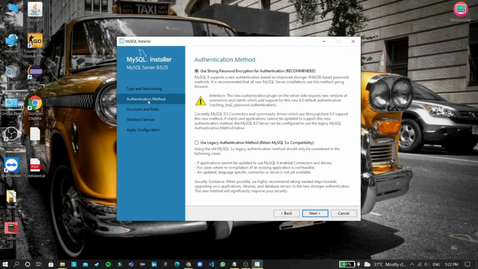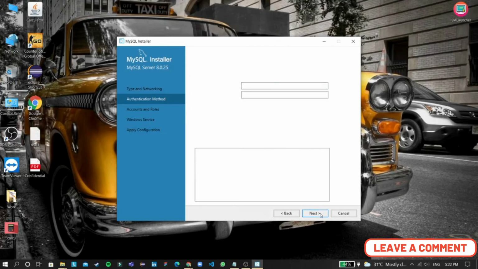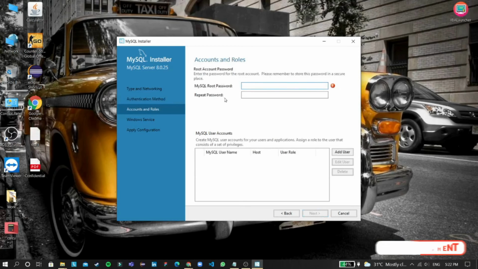Now this authentication method means in the next step you have to enter a strong password for your MySQL settings. So you will select use strong password encryption for authentication. Then next you have to enter the MySQL root password. Enter only a password which you will remember. Till then don't enter a complicated password. So for now I will enter a password like only root.